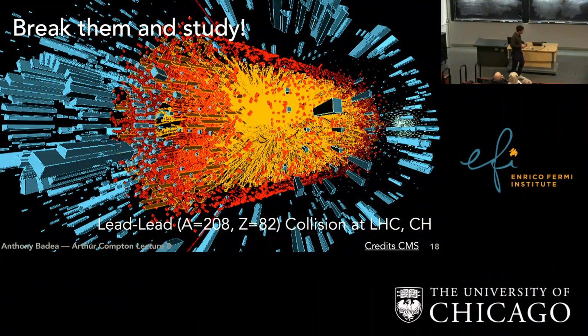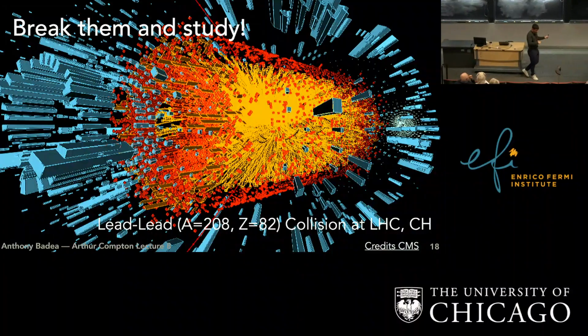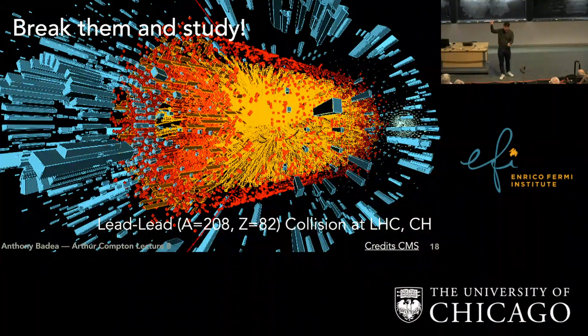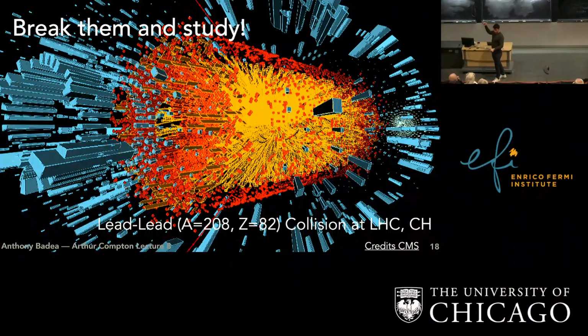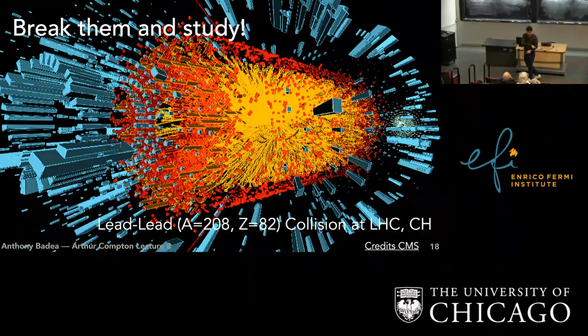And so the name of the game here is all of the particles that you study in PP collisions, now you use them as probes here. Instead of really trying to measure properties of, for example, top quarks, you look at top quarks produced in here and how them interacting with the plasma modifies their properties.